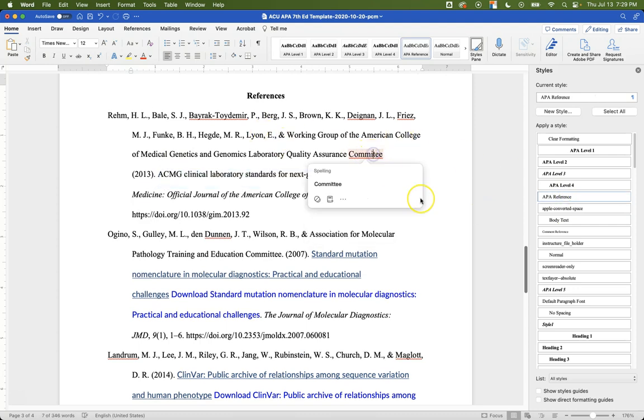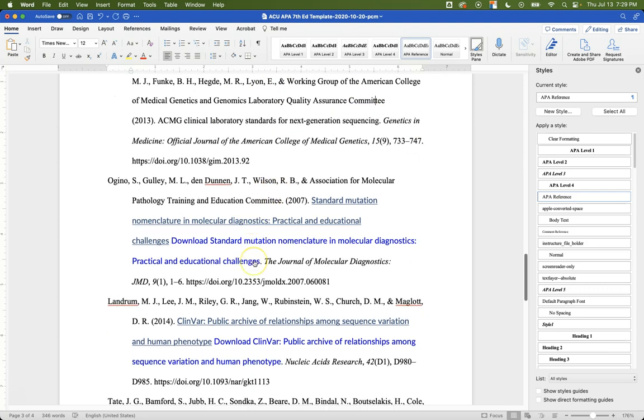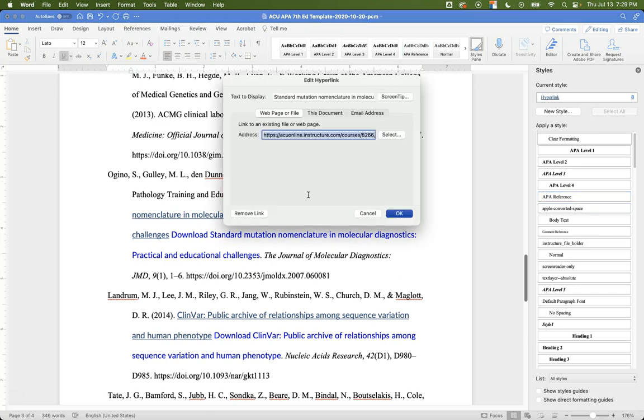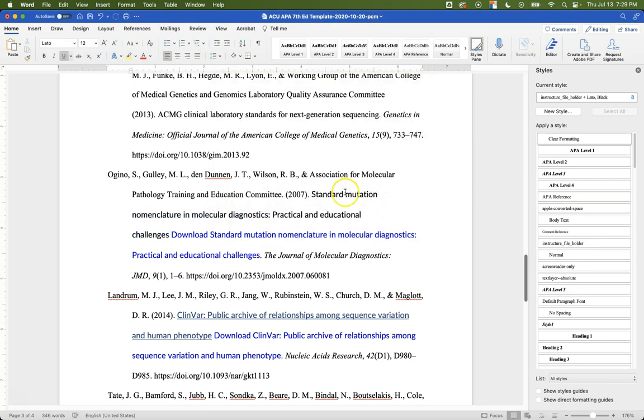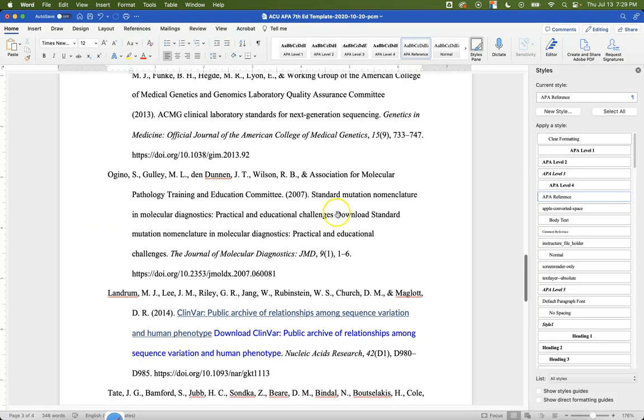And then there's just a minor typo there, so we can fix that right now. And we'll do the same thing with these other ones here. So again, going to go ahead and remove that link. Take this whole thing and apply the APA reference style again, and then we can go ahead and delete